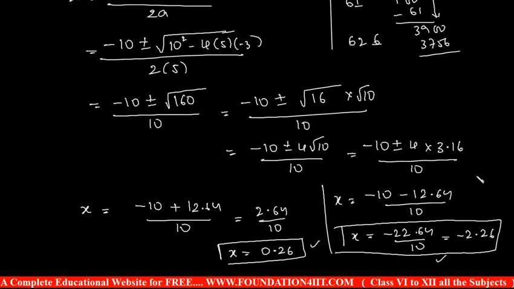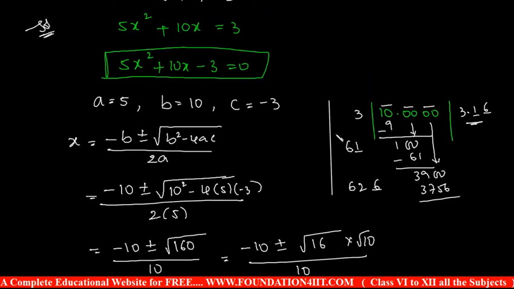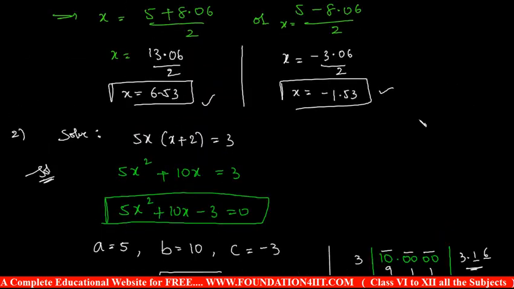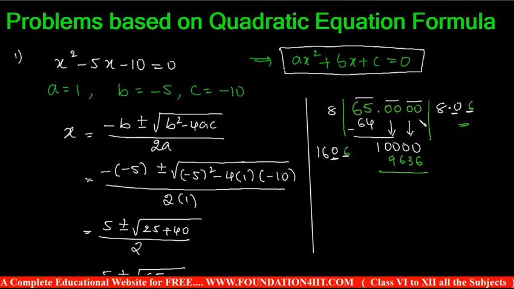The main thing is we need to substitute the a, b, c values in the formula and use the long division method concept. So these are the problems. You can take similarly any type of questions. If you know the coefficients, you can use this. And next, based on this formula and the problems we solved, we will see how to find the nature of the roots and the relation between the roots and coefficients, which I discuss now.